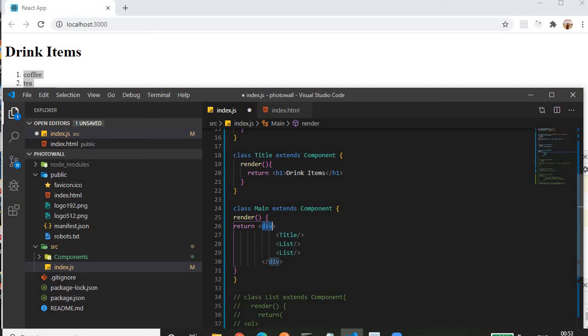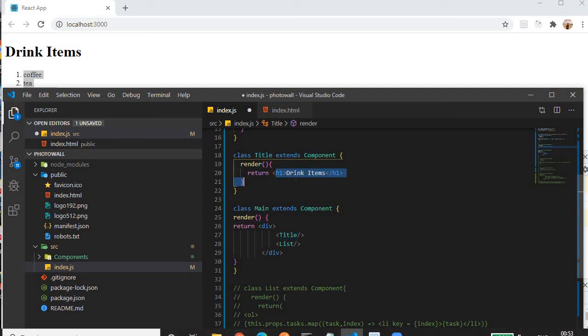So we have a div tag, and we are using the Title. Let me remove the second list, we will come to that. So this Title corresponds to this class. Whatever element we have created here will be rendered by using this tag.